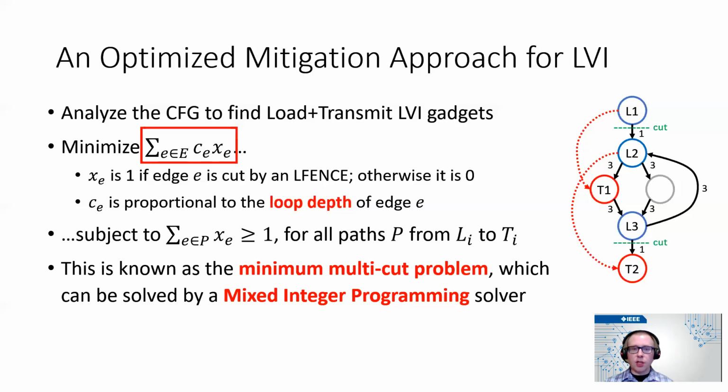So you can see in the graph here on the right that the output of the algorithm would compute 2 cuts for a cost of 2. And the significance of the output is that the algorithm avoided making a cut into the loop. So it found the computationally cheapest possible solution to mitigate all of the gadgets.